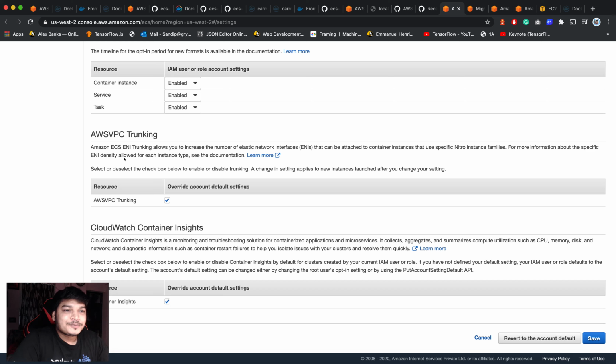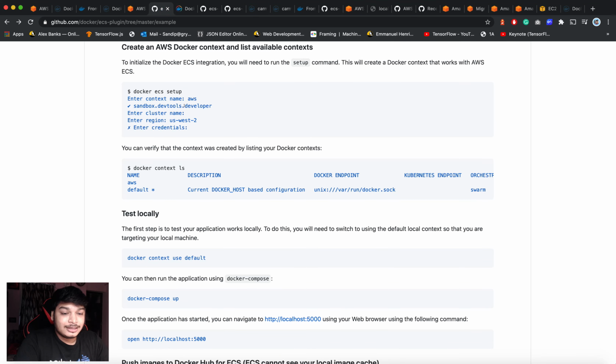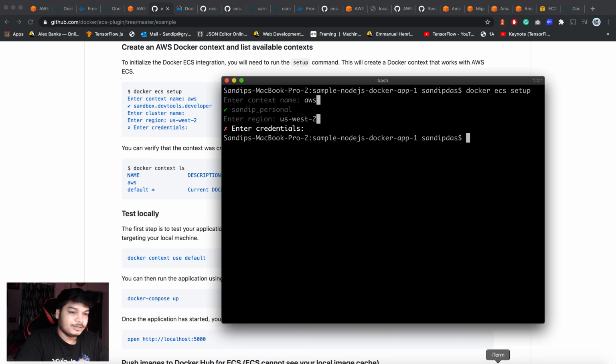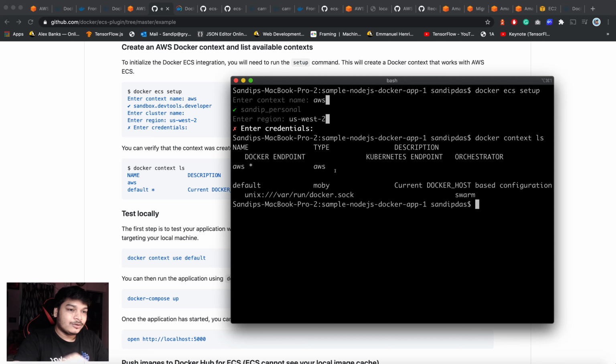That's it. Okay, now let's go back to what we were doing, and I'll be giving all the links, so don't worry about anything, just follow along accordingly. So we have the credentials ready, because I've already added them, but if you don't, you can add them, no problem. And you can do docker context ls, and it will give you the context name. By default, we will have the default one there, because that's the current configuration, and this is the AWS one that we have created.